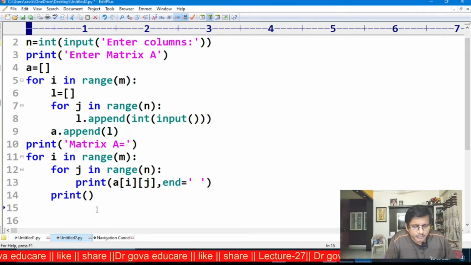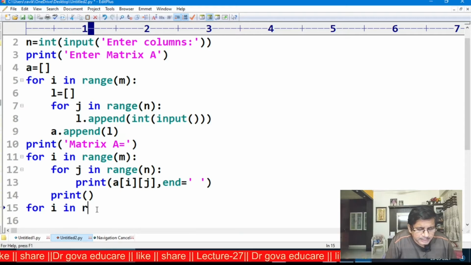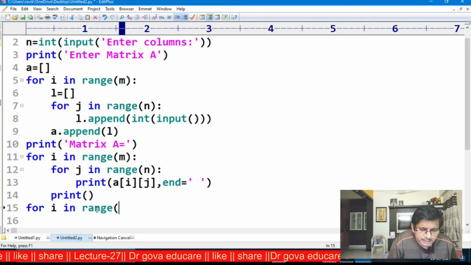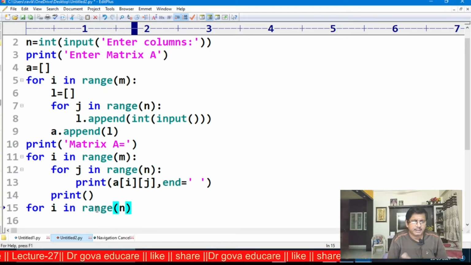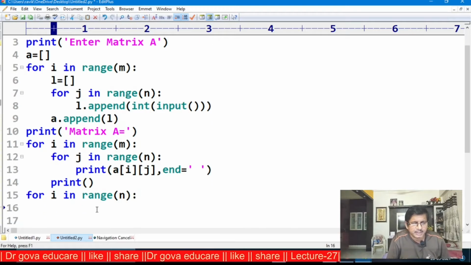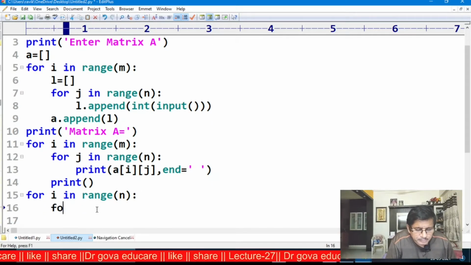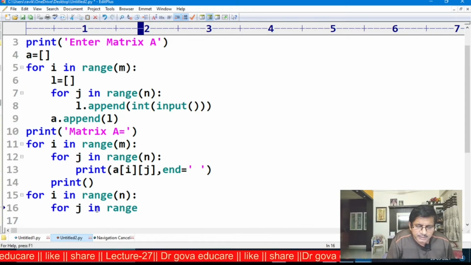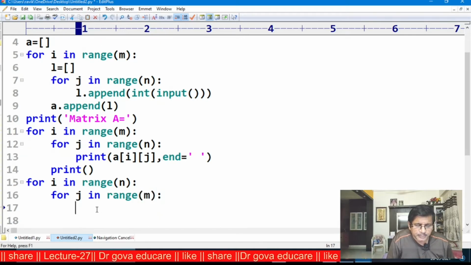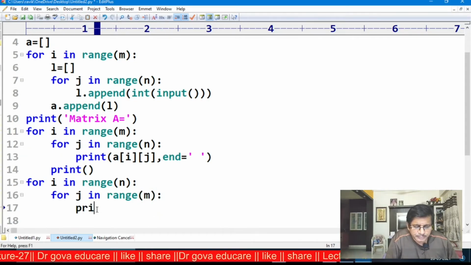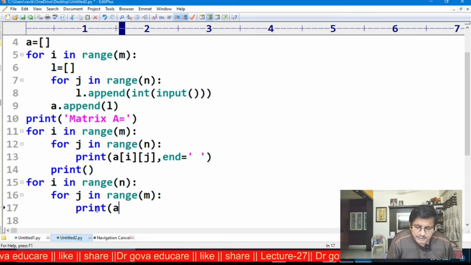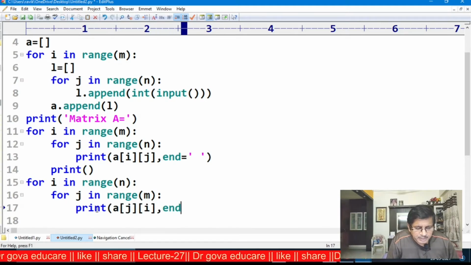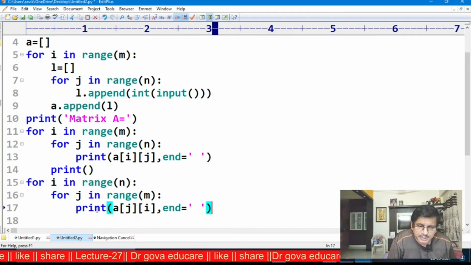For this, for I in range N, I am interchanging M by N, N by M. For J in range M, I want to print A[J][I], comma, end equal to some space.